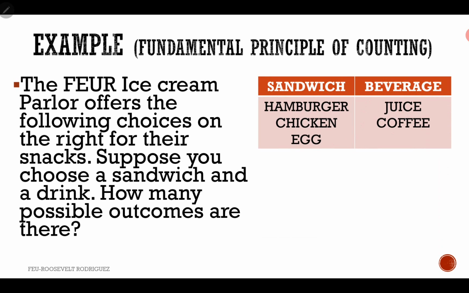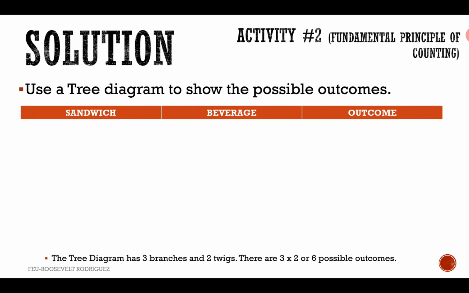set of snacks, sandwich, and beverage or drinks. Suppose you choose a sandwich and a drink. Okay? So, pipili ka dito ng sandwich at isang drink. So, the question is, how many possible outcomes are there? What are the possible combinations of sandwich and beverages if you want to choose at least one? Okay? Each. Okay? Now, para makuha natin yung sagot, so our first task is to construct a tree diagram to